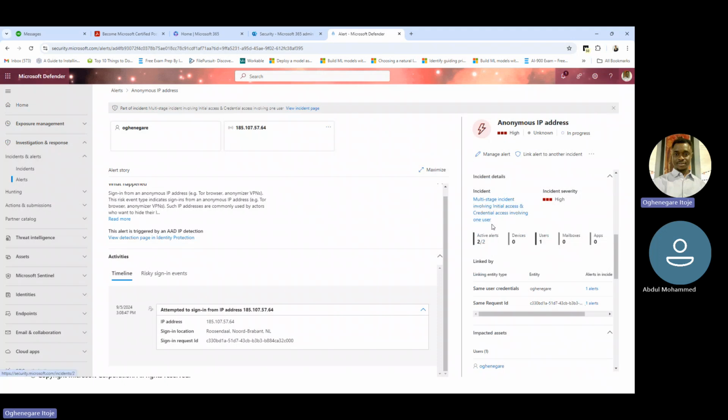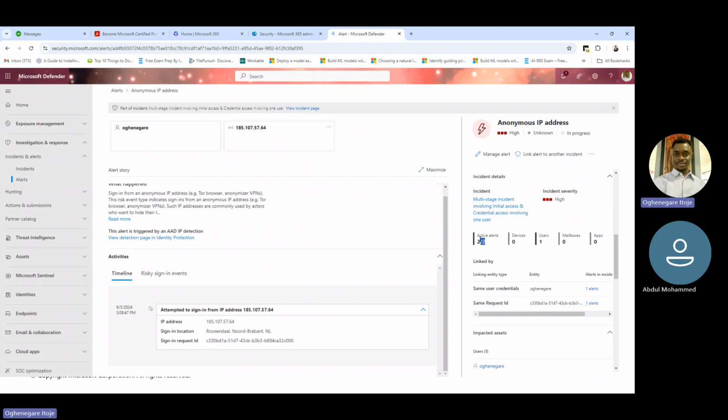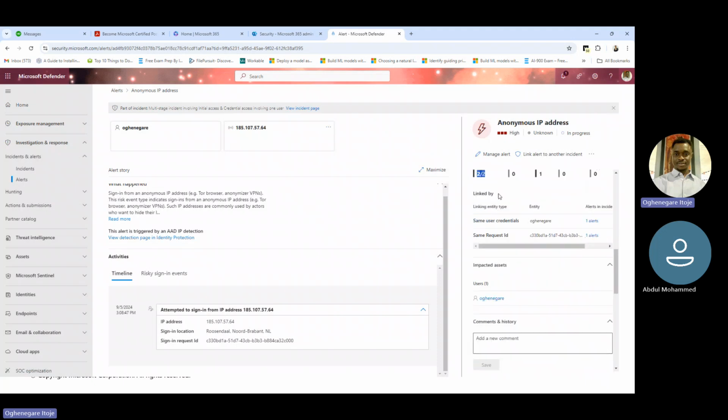As I click on this, it takes me to the link of this particular incident, and it tells me the severity of the incident, which is actually high. Then if I come down, I'm able to see other details around how many alerts. So this is the second of the two alerts for that particular incident. Is there any device affected? No device. How many users are affected with this particular alert? One. Is there any mailbox? No. Mobile apps? No. So if I go now, I'm able to see other linked